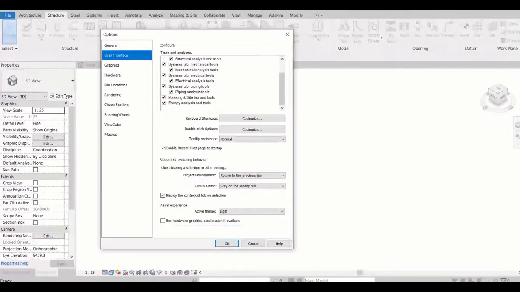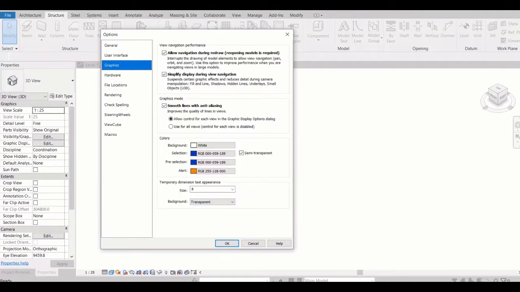Then okay, and this is again graphic settings.